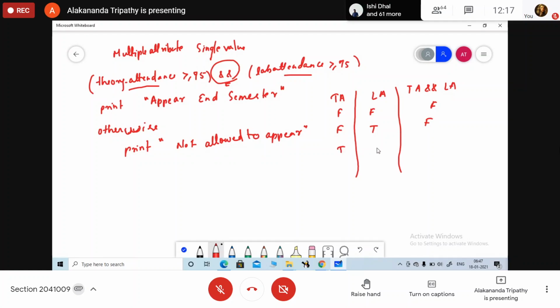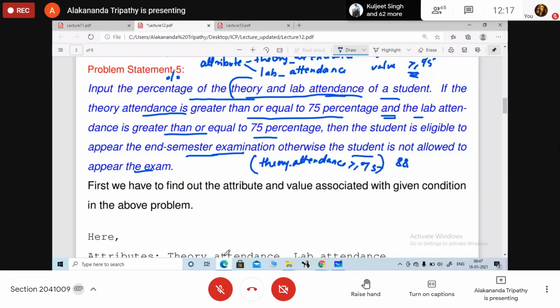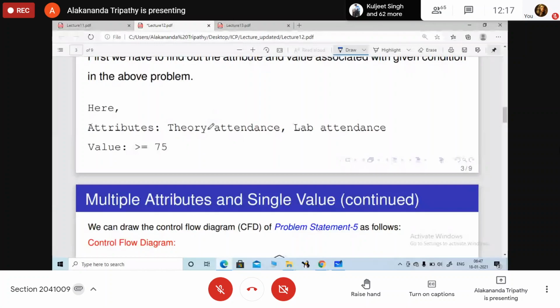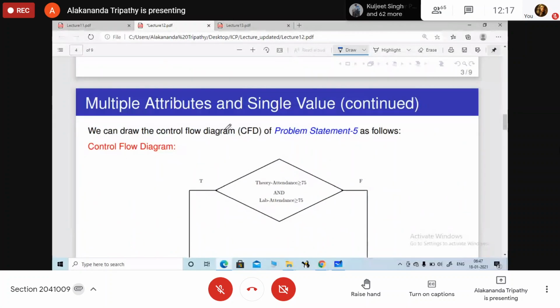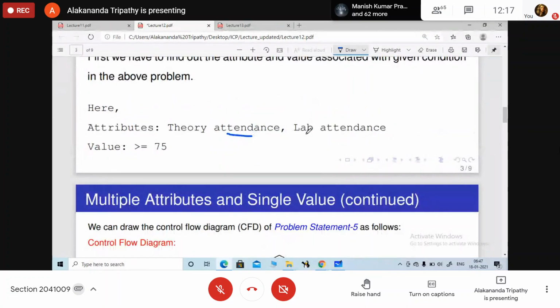If one is greater than 75 and the other is less than 75, the value is false. If both are greater than or equal to 75, the output is true. So this is our first problem statement. Theory attendance and lab attendance are the attributes, and the value here is greater than or equal to 75.